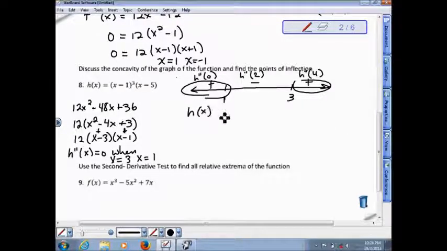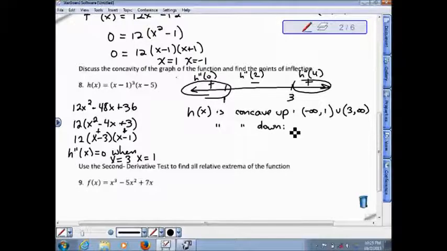So h of x is concave up on the intervals negative infinity to 1 and 3 to infinity, and it's concave down on the interval 1 to 3. Now we know where the graph switches from concave up to down and down to up. We actually need to state the points of inflection, so we know that it's 3 comma something